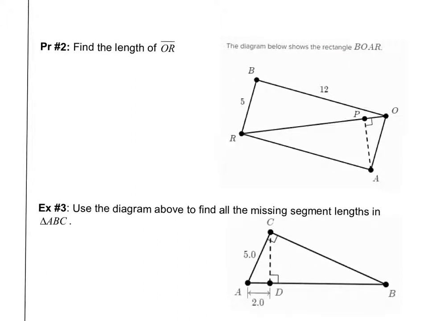That rectangle part, when they say that, that's huge because rectangles have right angles. They have them in every corner. That's what a rectangle is. That means that this here is a right triangle. And so this distance OR that we are trying to find,